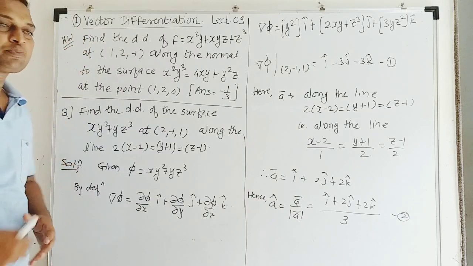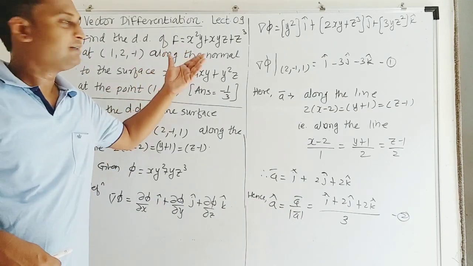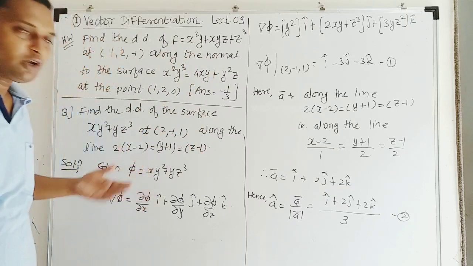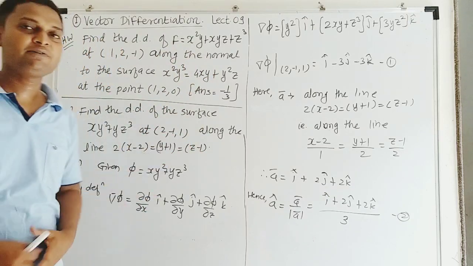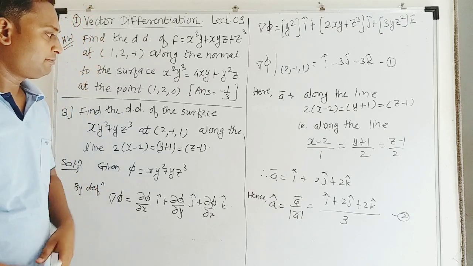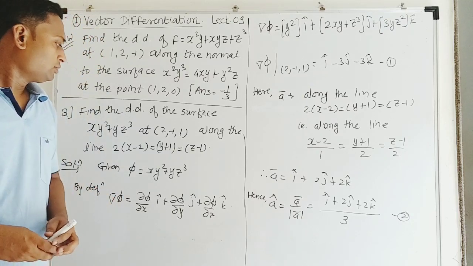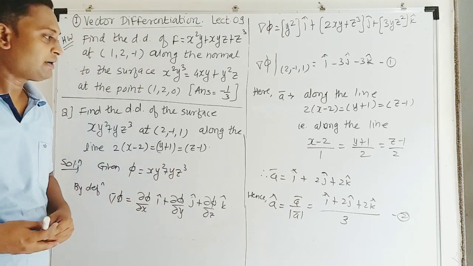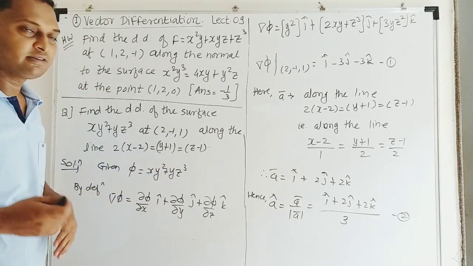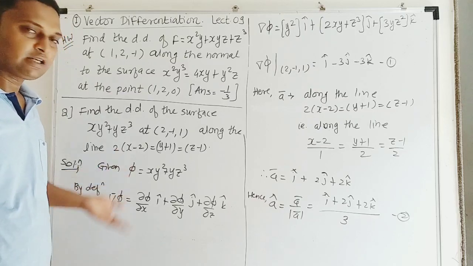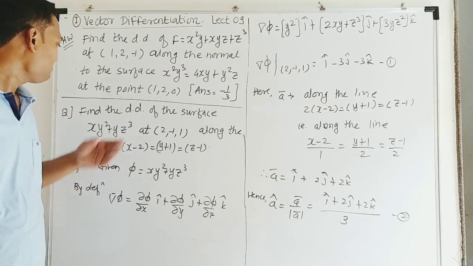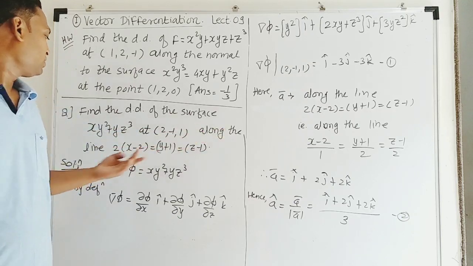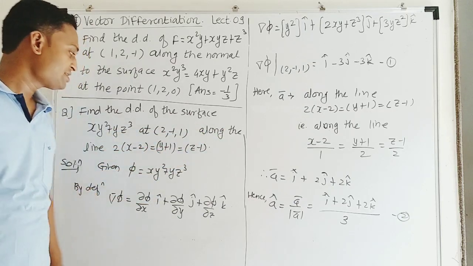Now the next problem. This was regarding the direction along the normal to a surface. Now the last type of direction is along some line. The equation of a line we have discussed in lecture number 6. Whenever we have the equation of a line in front of us, how to determine the vector a bar and from that its direction, that we have discussed already. So we are going to take one example of that type. Find the directional derivative of this surface at (2, -1, 1) along the line. The equation of the line in 3-dimensional space is given.